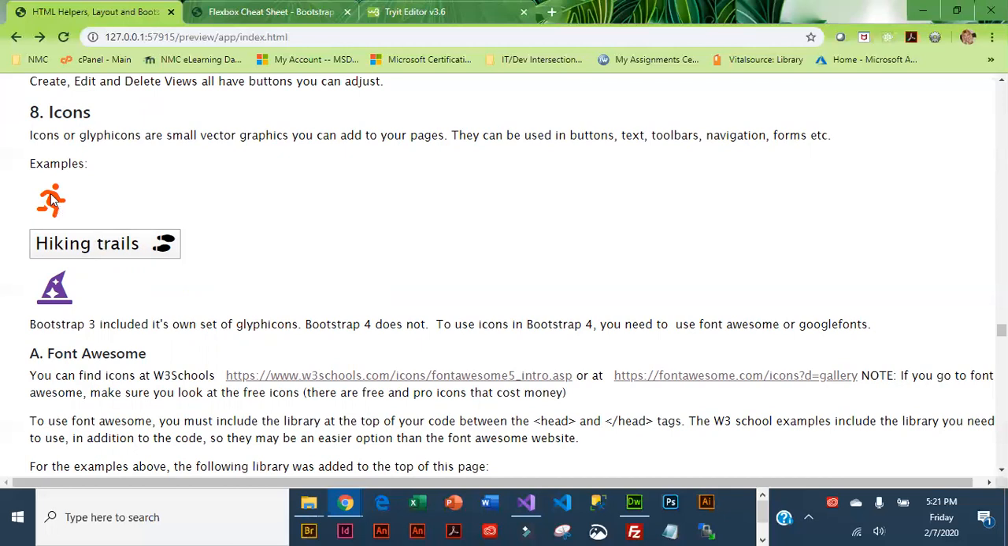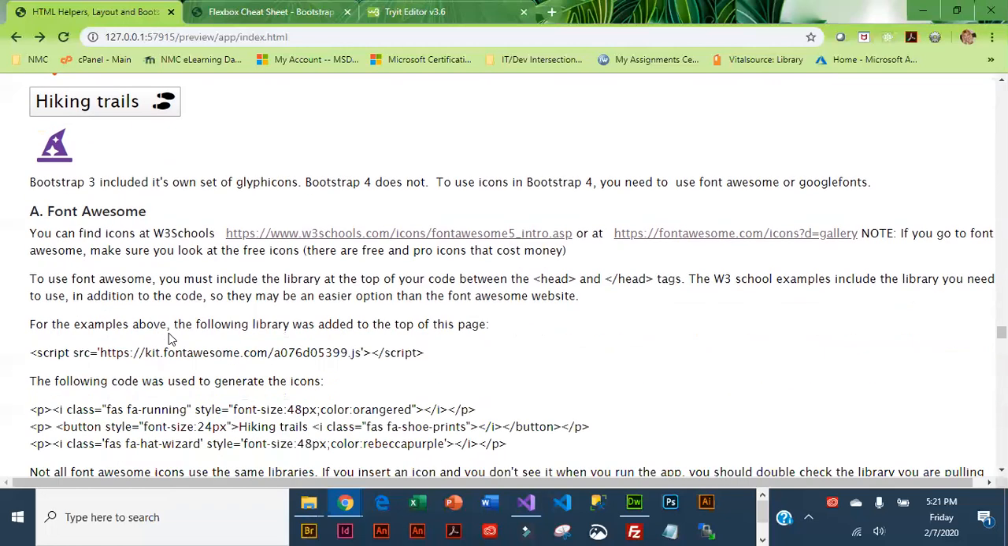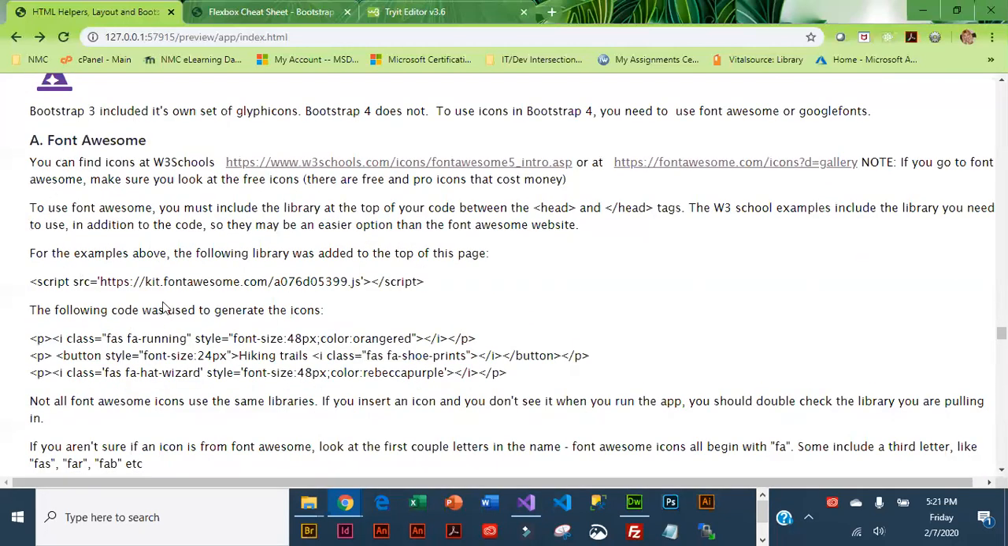Icons are typically black, but you can apply color to them just like you apply color to text. I colored this little running dude and the happy wizard hat. You can also include icons in your buttons, and that's what I did here. So this basically shows you how to use the Font Awesome